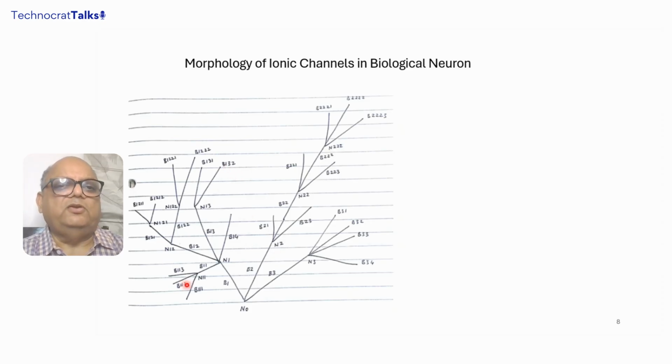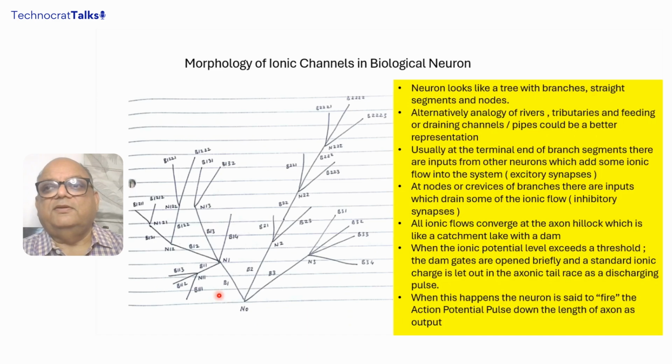Okay, now this could be used for when you want to simulate the behavior of a neuron on a computer. So you have to simulate with the internal morphology, and for each neuron the morphology could be and would be different, certainly. Okay, so a neuron will look like a tree with branches, with straight segments of branches, and with certain junctions, those are the nodes. Okay, so we can call it an ionic tree,